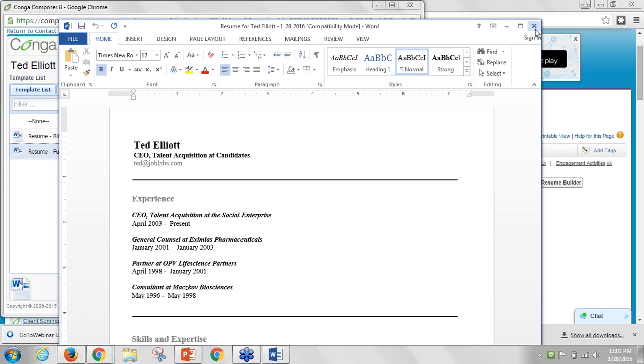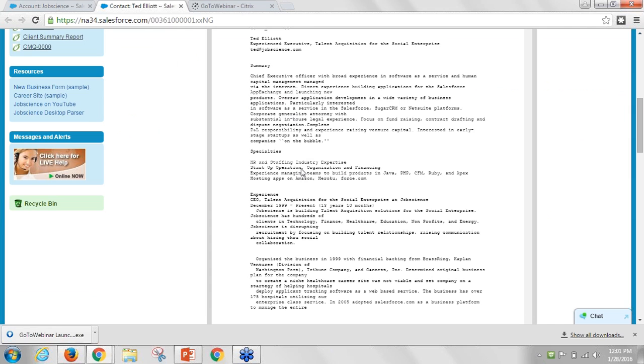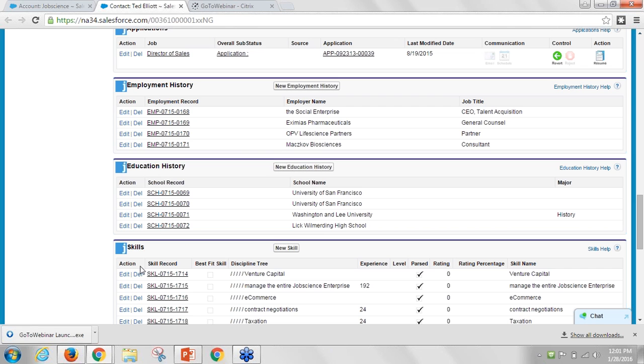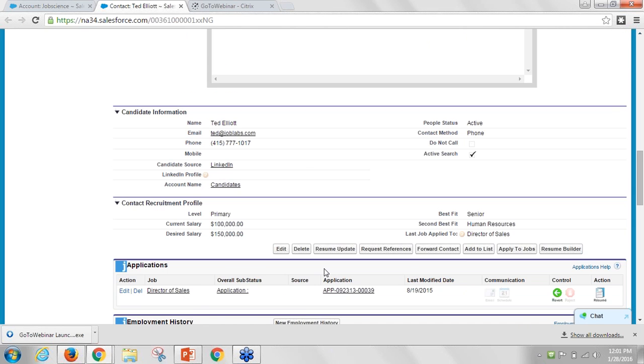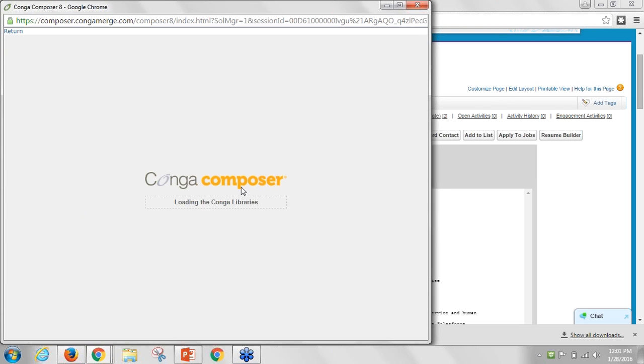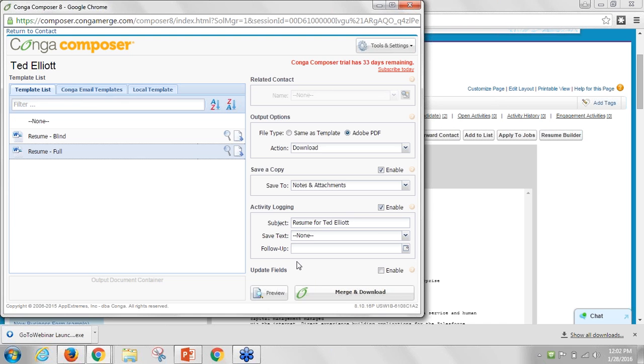So going back just from an operational standpoint, having all this information very complete and thorough and accurate, we make the process of saying, great, I've spent all the time ensuring that everything is accurate on Ted's record, all the employment history is up to date, all the education is correct, all these skills have been done, that process of creating the resume is now going to be, in this case, a 2-click process to be able to generate it and download it.